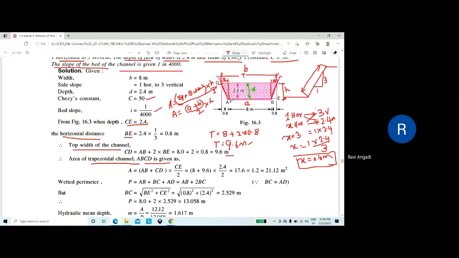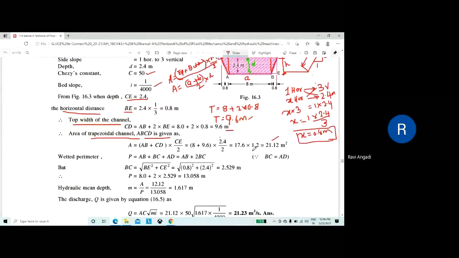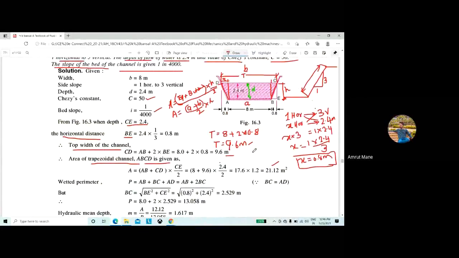AB plus CD. A means bottom width is the AB plus CD. From here to here is CD. Already calculated you have CD. The CD value is 9.6 already calculated. Then the depth is CE. C is the depth. So what is the answer you get here? Is it right? This answer is right. Check it. Area of the trapezium. Yes, sir, it is right. Okay, it's correct. Right. Then once you get the area of a trapezium, I need to get the hydraulic